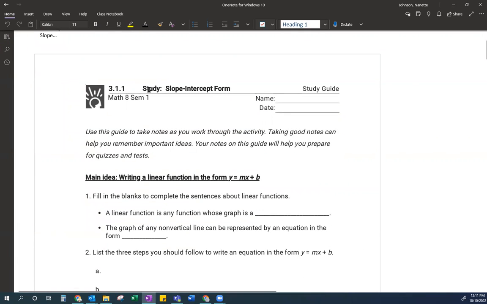Okay, so we're going to go over 3.1, which is called slope-intercept form. Now, of all the forms of an equation, this is probably the one that you will use over and over and over and over again. So I want you to keep in mind a couple of things. Number one,